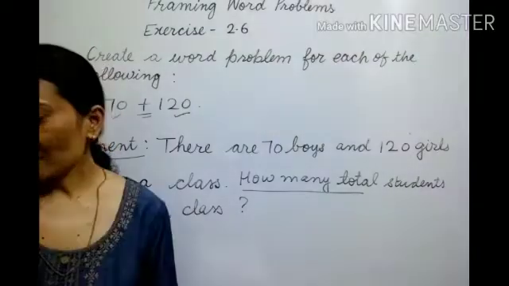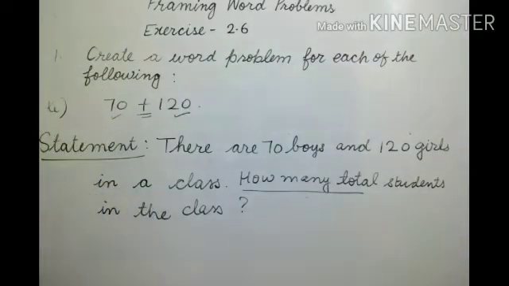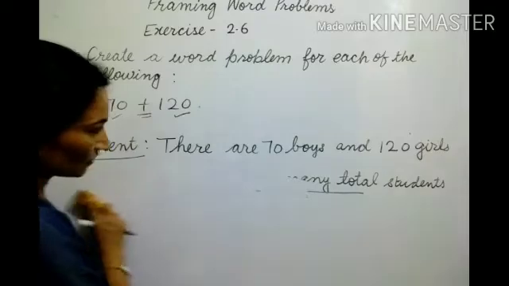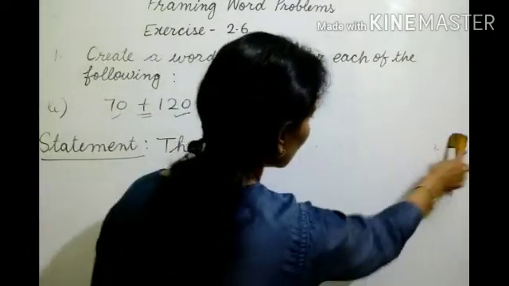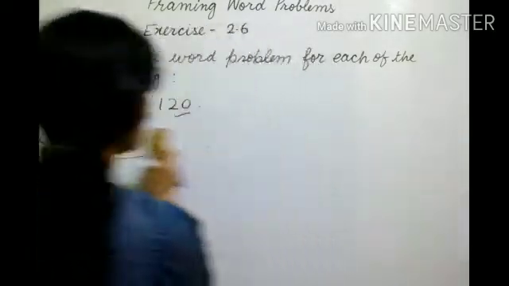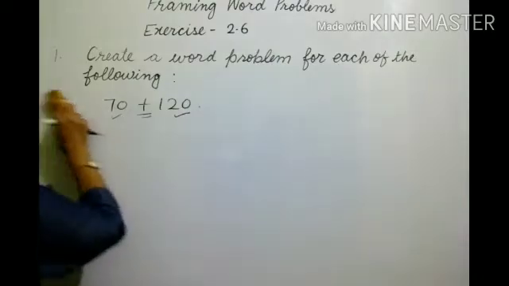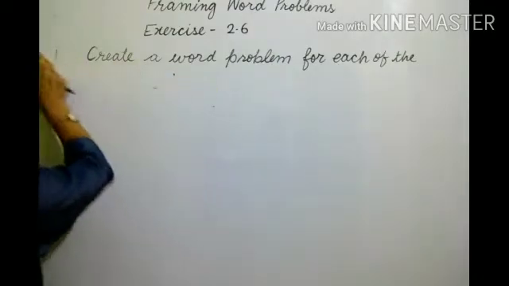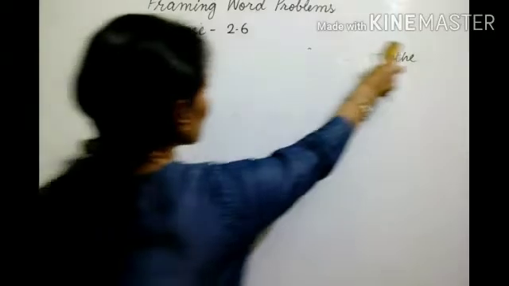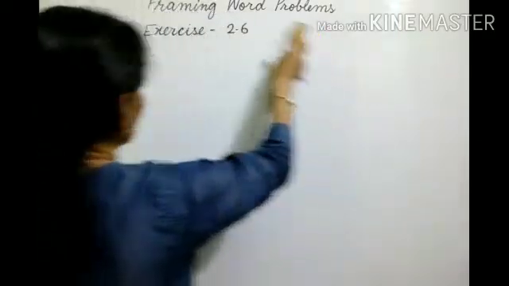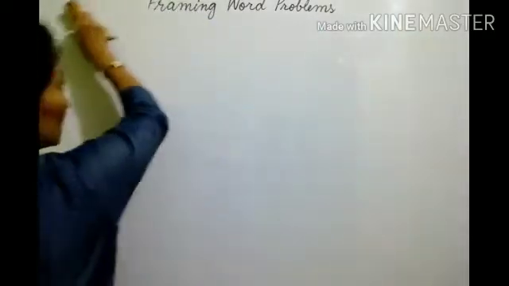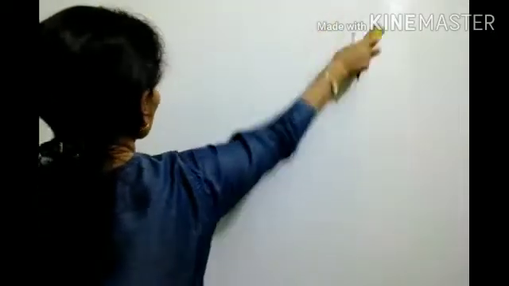Okay. And with that, your chapter number 2 finished. That was the last exercise 2.6, and your syllabus also finished. In last, I will tell you the summary, means main points we used in chapter number 2, that you will write in fair notebook also, and you will learn also. That are points to remember.